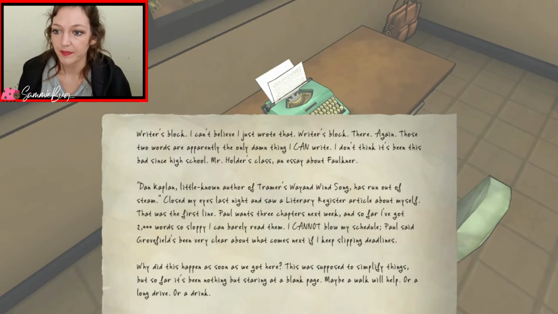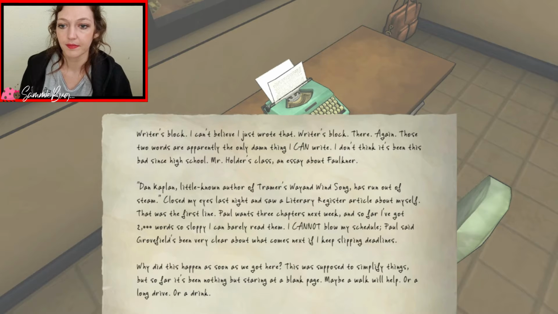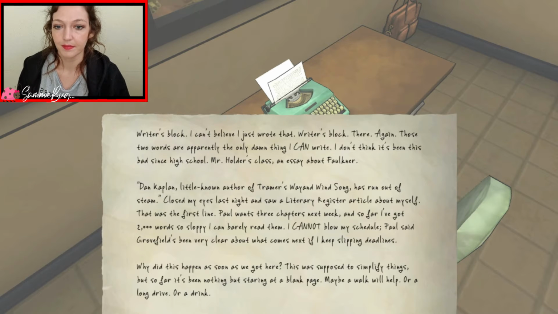Writer's block. I can't believe I just wrote that. Writer's block. There, again. Those two words are apparently the only damn thing I can write. I don't think it's been this bad since high school. Mr. Holder's class, an essay about Faulkner. Dan Kaplan, little-known author of Tramer's Way and Windsong has run out of steam. Closed my eyes last night and saw a literary register article about myself.